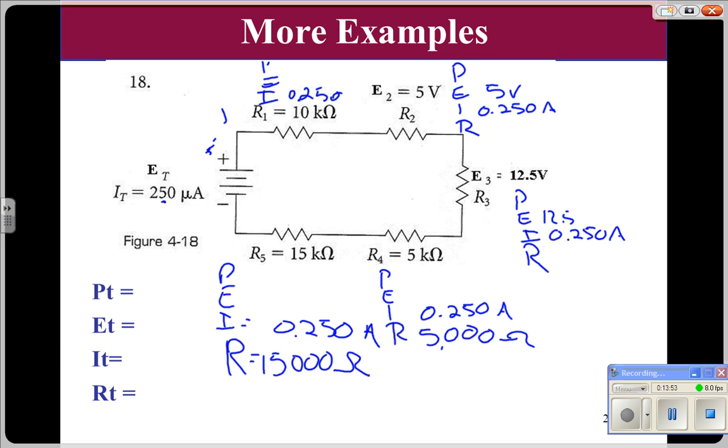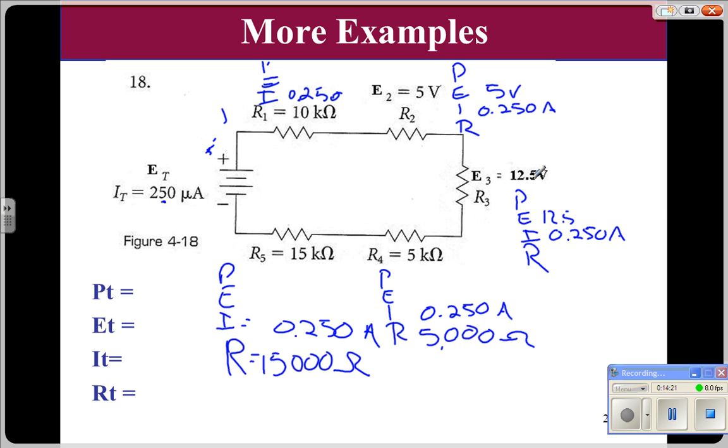Now, you'll notice every place except our totals, we have two things, right? So let's just start doing a little math here. 10,000 times 0.25 is what? Now, I want to show you a thing about engineering notation. This is kind of a bad time to do this, but I don't think there's going to be a good time. So I want you to see this, and I'll erase it in just a second, but 10,000 is